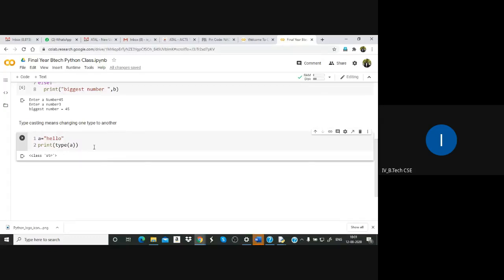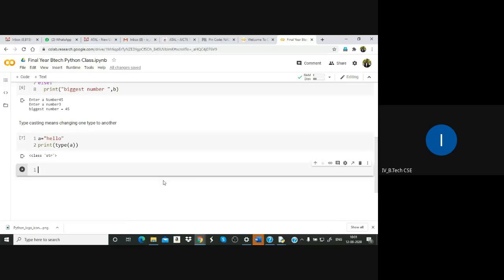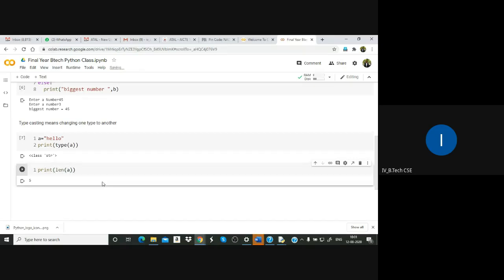Next, you can find length of the variable. Okay, print len, sorry, length of a. So what is the length of a? How many characters are there? 1, 2, 3, 4, 5. 5 characters you got.